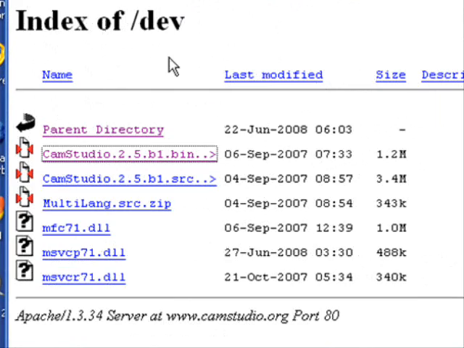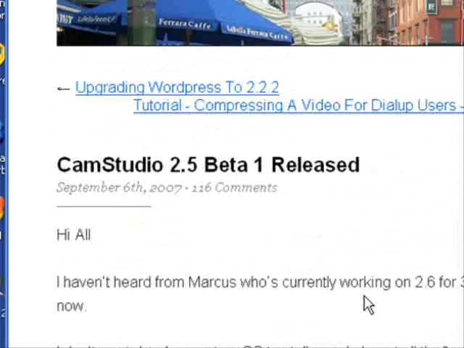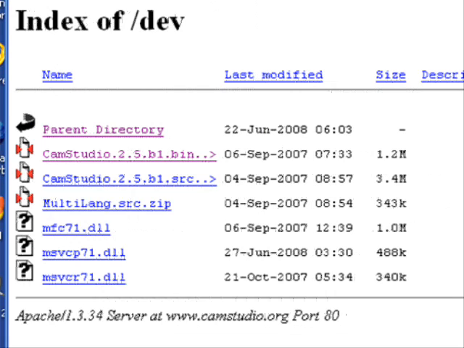That's what it looks like here. And that's whenever we click on this link right here. Brings us to this page here, and the only one we're interested in is right here. It's 1.2 megs. The date was 6 September 2007. You know, if you're trying to figure out which one it is, well, it's one that says 2.5